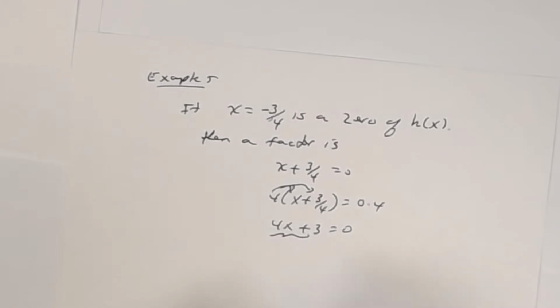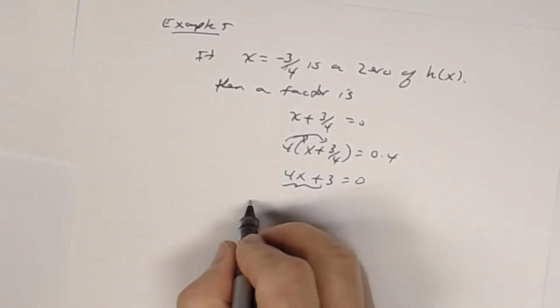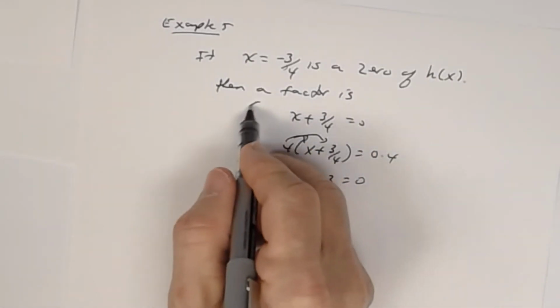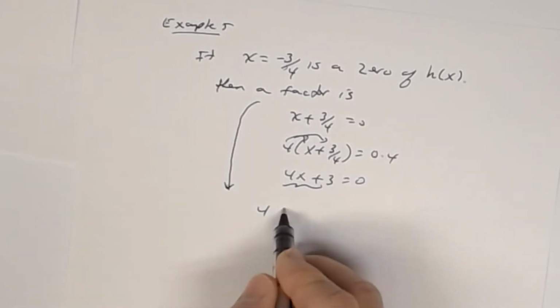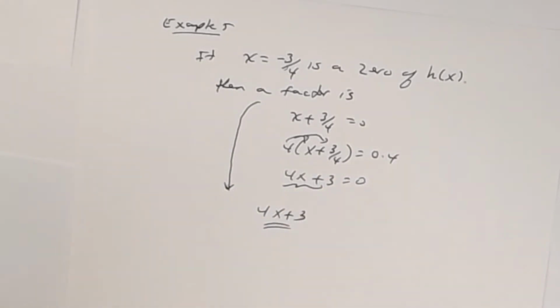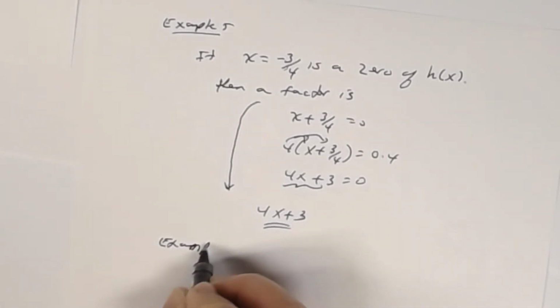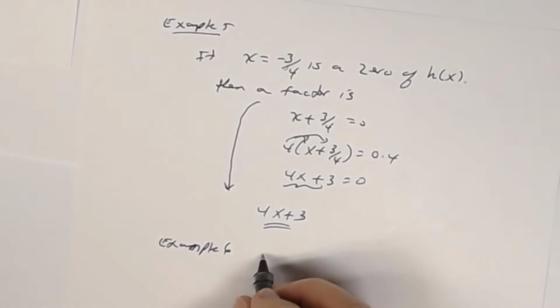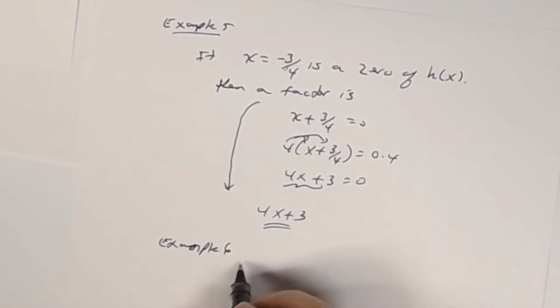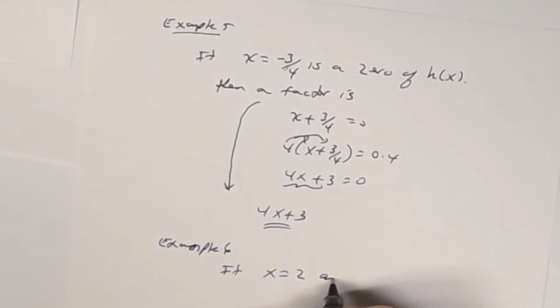So this is your factor. So you would say, then a factor is 4x plus 3. That's your answer. Okay? Example 6. All right, now listen carefully to this part. If x equal 2 and x equal